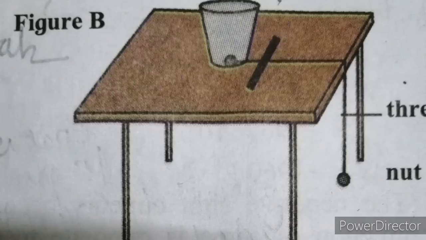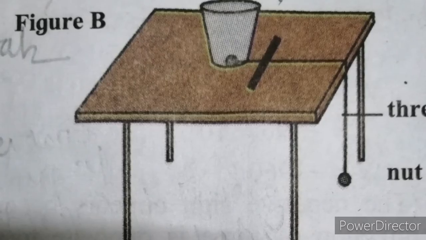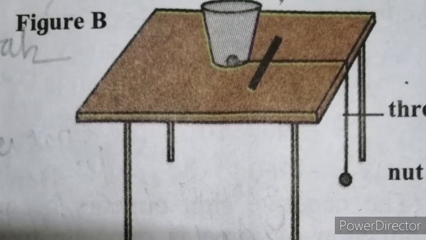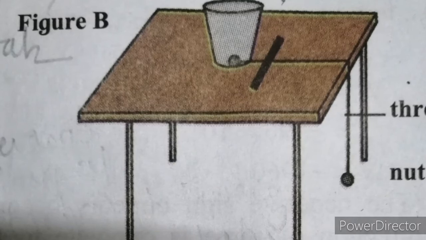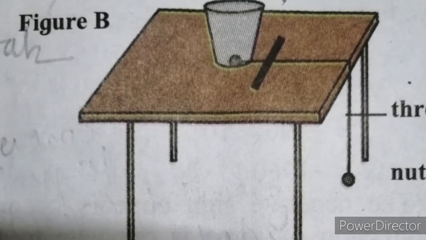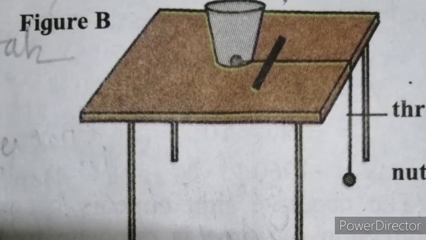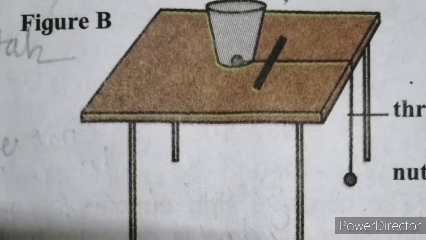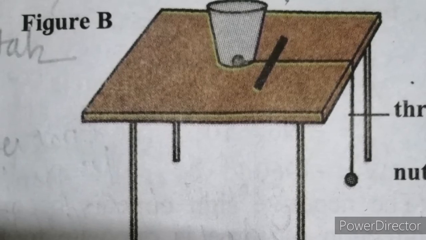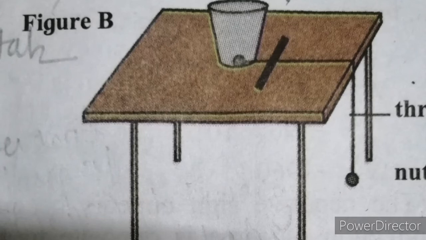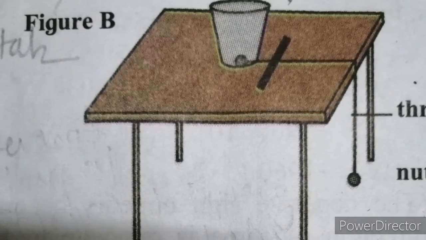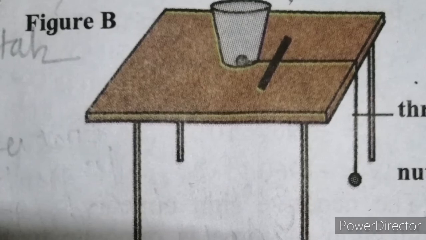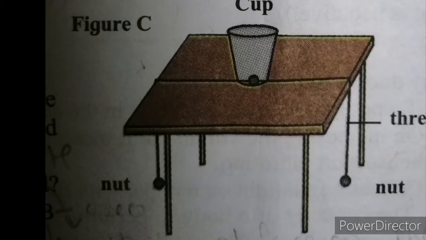As shown in figure B, when the cup is sliding along the table, stop it by putting a ruler in its path. The question on figure B is: what is the relation between the displacement of the cup and the force applied through the ruler? The directions are opposite.